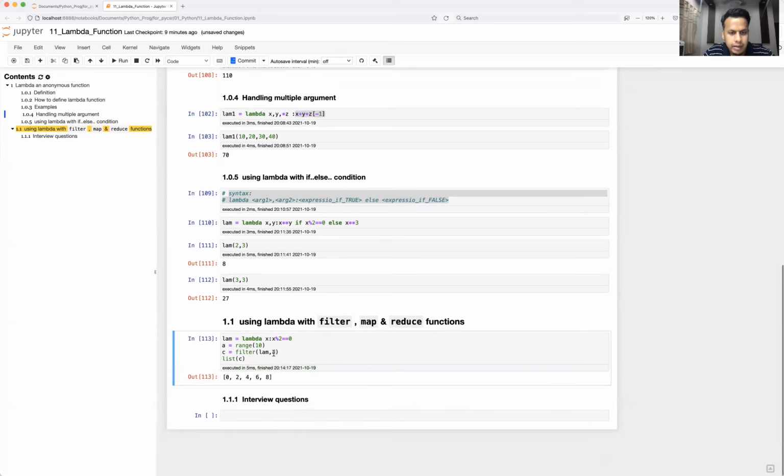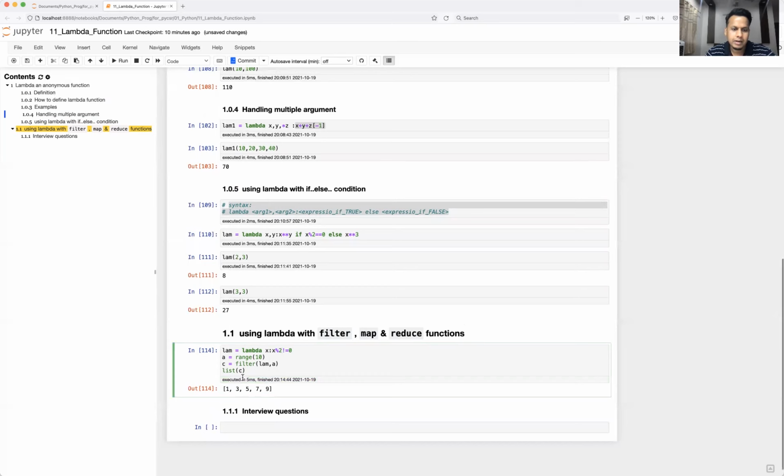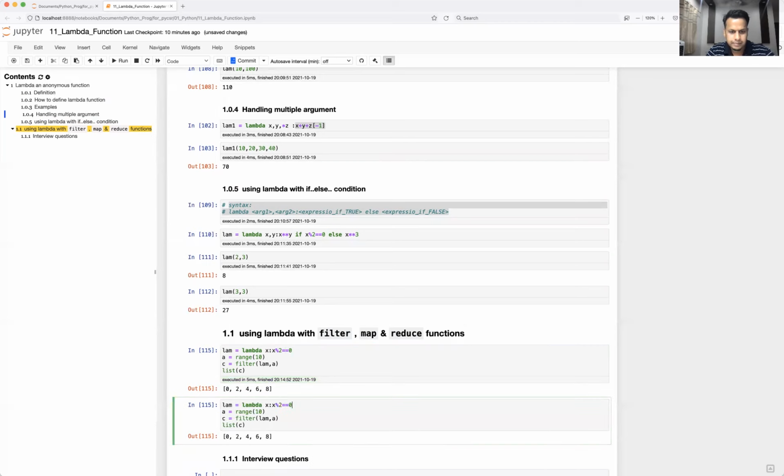See here, what is happening? I'm going to get 0, 2, 4, 6, 8, but I've given range 10, right? What happened to the odd numbers? The odd numbers are not satisfying this condition. So that's where filter comes into the picture. It is going to filter only those values for which the condition is true. This is going to be true only for the even numbers. That's why you are getting this. So for example, if you take not equal to 0, that is another way to filter odd and even numbers using a lambda function. I'll just make it for you, all the things.